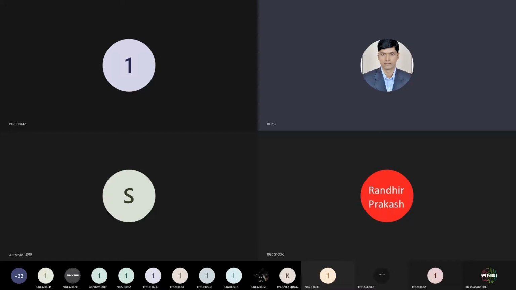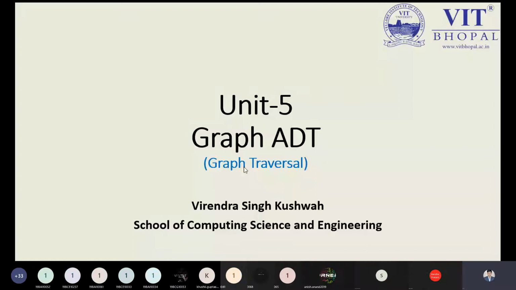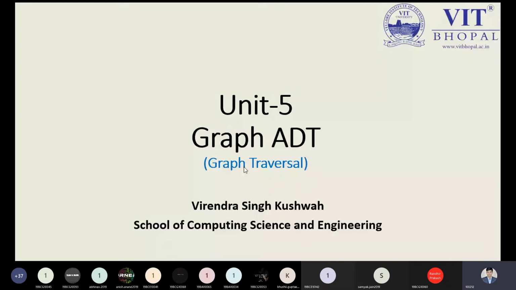Visiting all the nodes. So, at the very beginning, we have the topic that is graph traversal. In graph traversal, all the nodes must be visited, and it should not have a loop. If there is a circuit, a cycle, or a loop here, then this is not a tree, but a graph. In a graph, a loop or cycle may be applicable, but try to avoid such things, because making them is not a good idea.